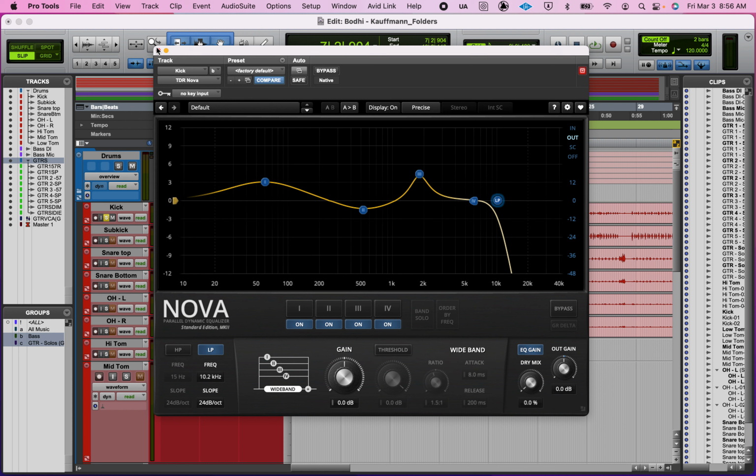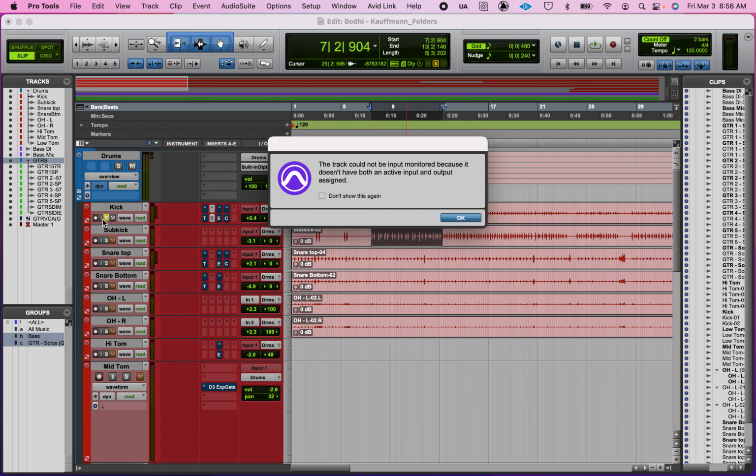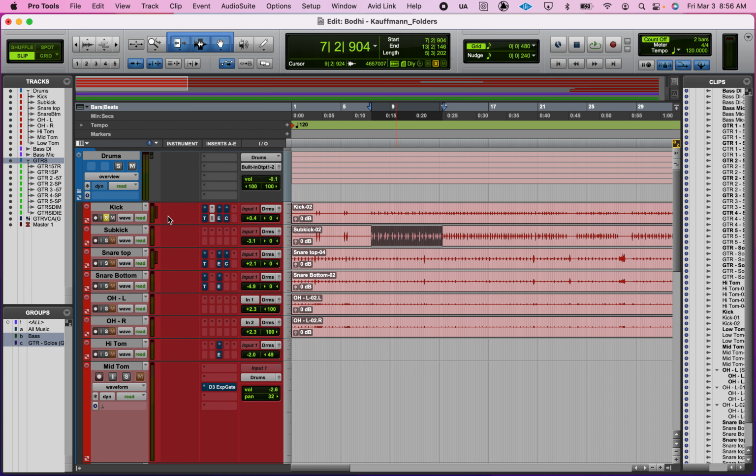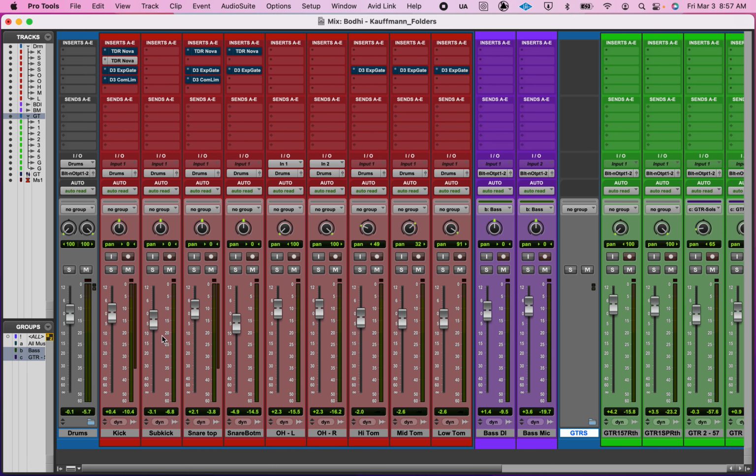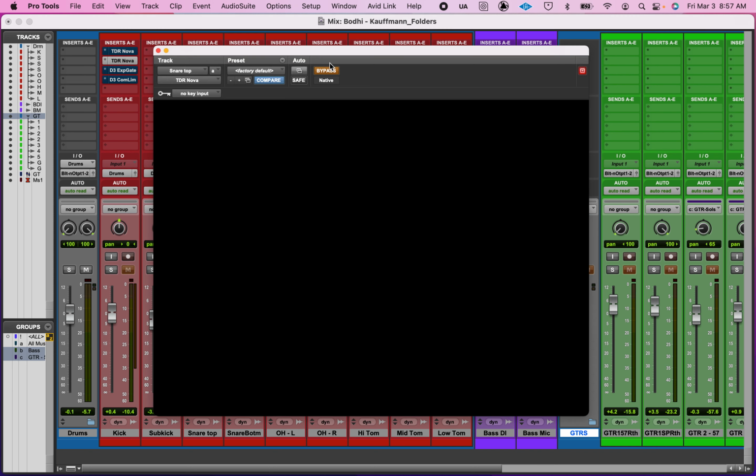All right, so the overall mix. So I think I'm happy. Let's listen to that in context. Okay. Now, the snare drum, I'm just going to walk through some things I've already done EQ wise,